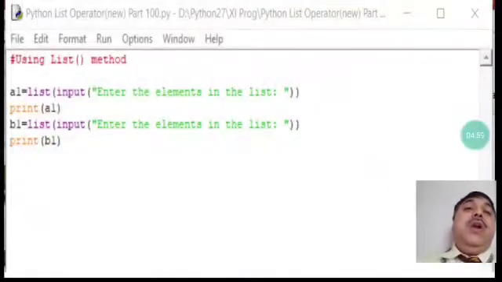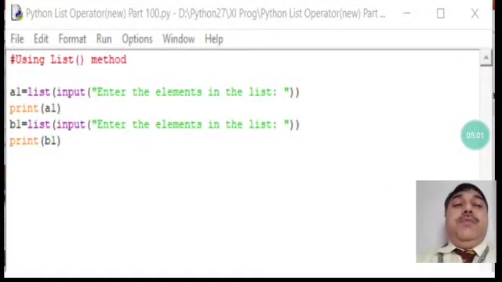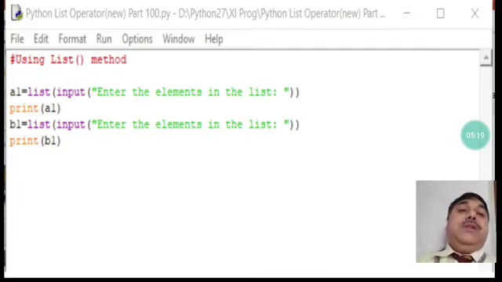Here I have written one program for you based on the list. In this program, I have called a function that is called list. You see, I have taken two variables. In the first variable, A1 equals list, input, enter the element in the list, print A1.